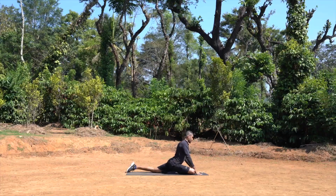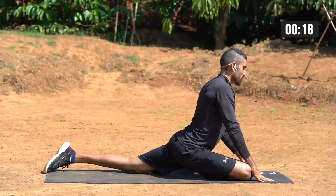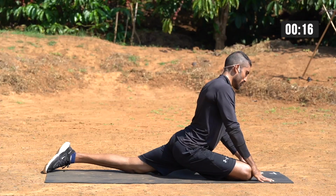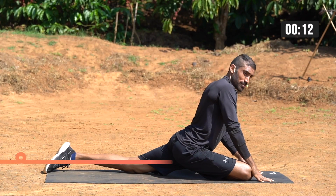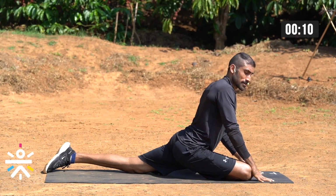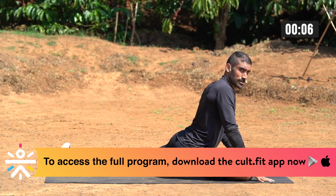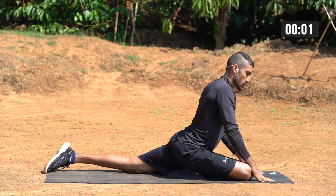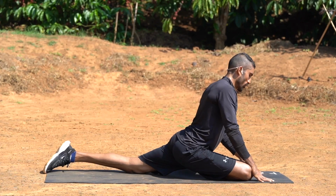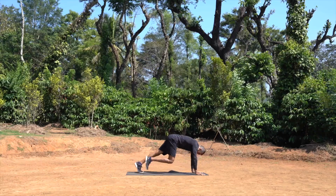From there, option 1 is to just keep the chest lifted and focus on pushing the hip down. If you're very comfortable, you feel you've got your leg forward well, and you want to deepen that stretch, make sure you first push the hip down, then get your hands all the way forward. That's your option. I'm going to stay here because I feel a good stretch when I'm here. Slowly come out of it, walk forward with the back leg, go into your mountain,